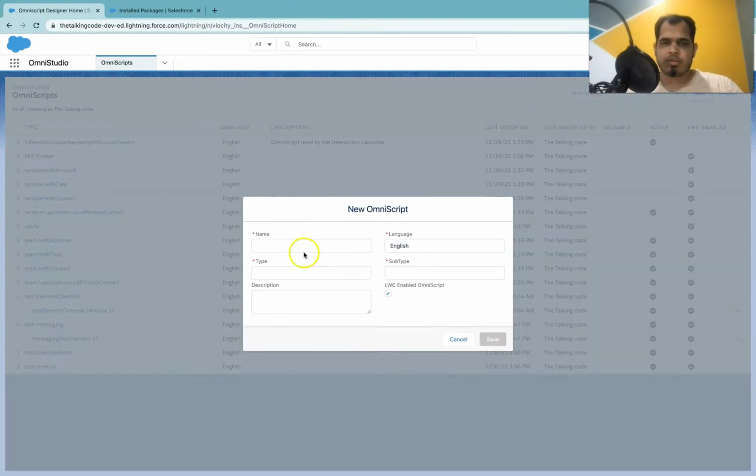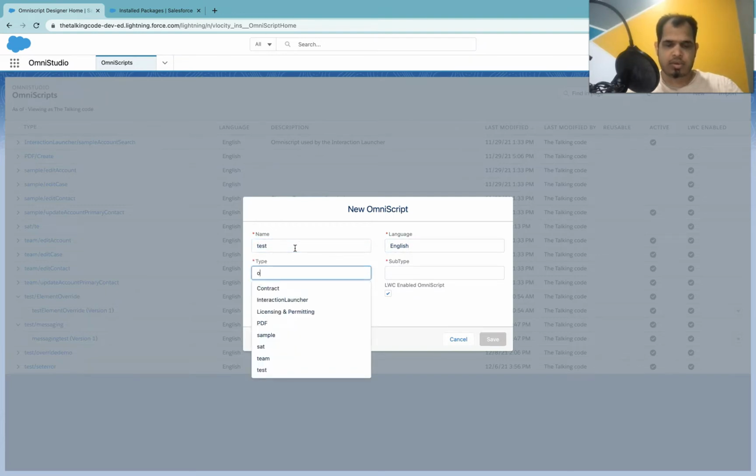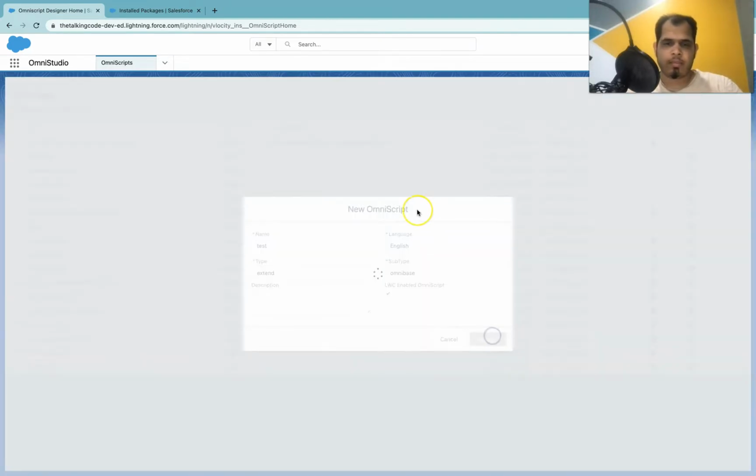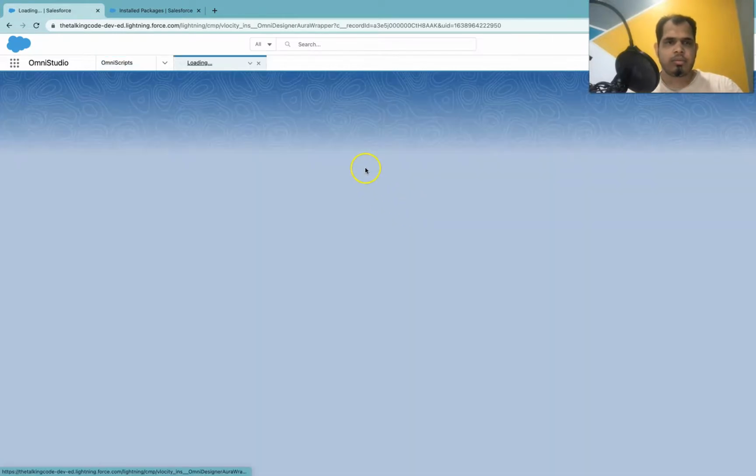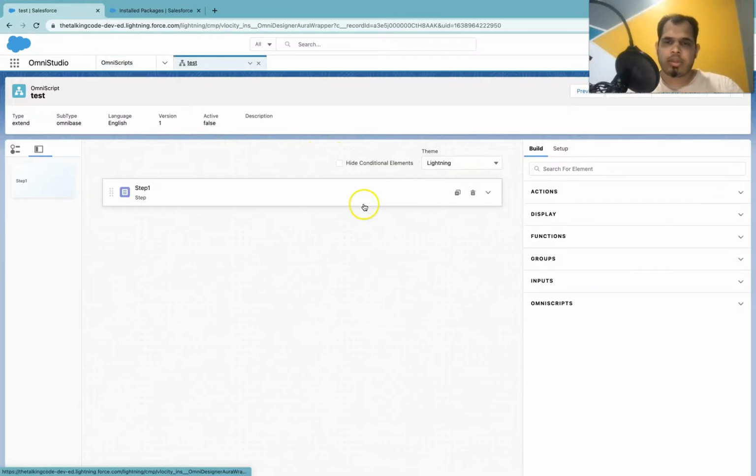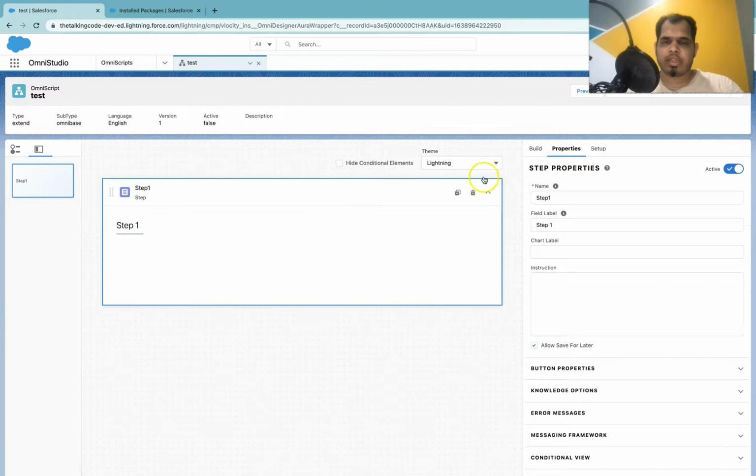I'm going to create a new OmniScript, so let's go with test and maybe extend OmniBase. Okay, so if you remember in the previous video, we were dropping some textboxes and then we were extending the base component of that element, right? But here we are not going to do that.